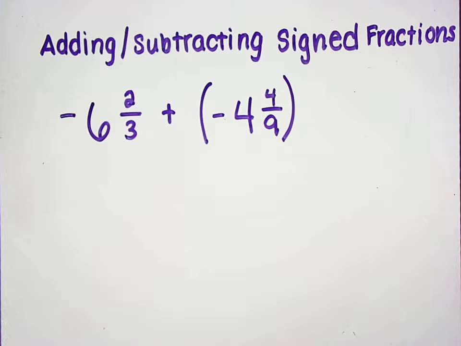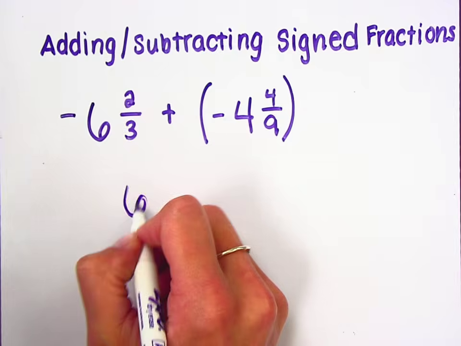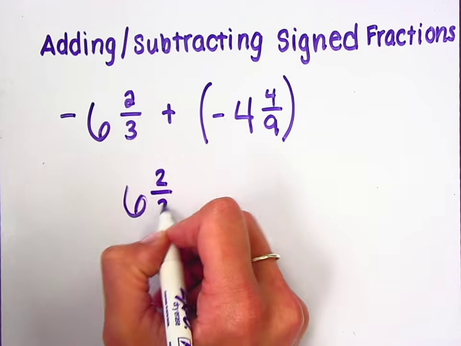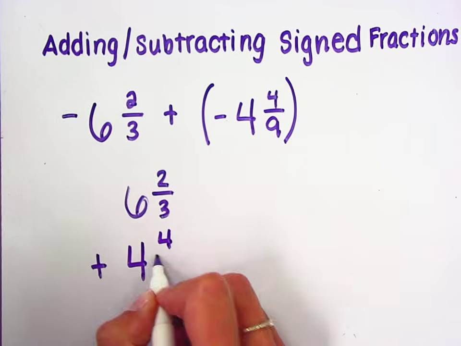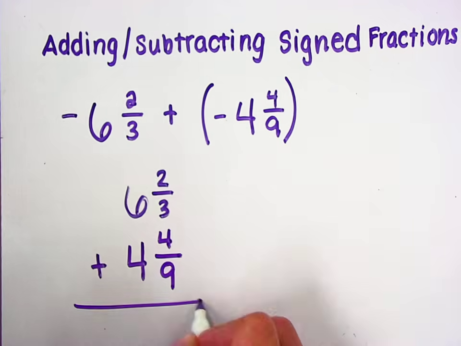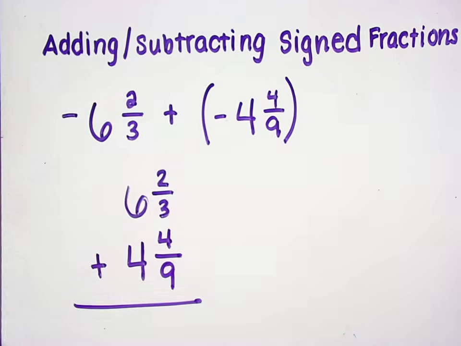I am going to stack these fractions vertically so that I can add them together. So 6 and 2/3 plus 4 and 4/9. You'll notice that I did ignore those negative signs for right now just to make it a little less confusing. So, before we add or subtract our fractions, we do need to make sure that we have a common